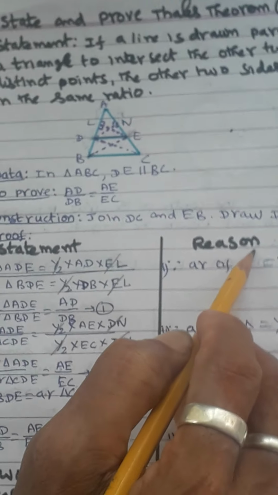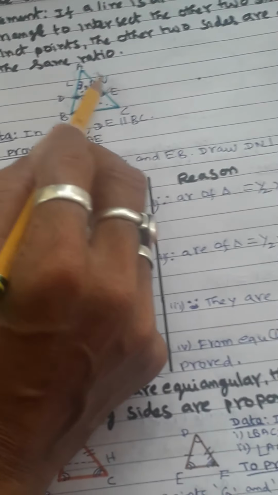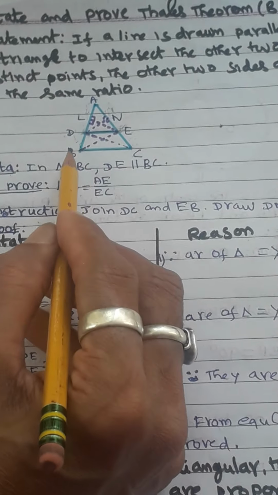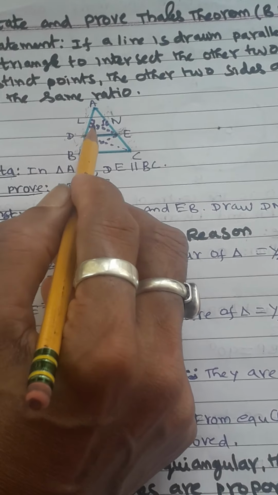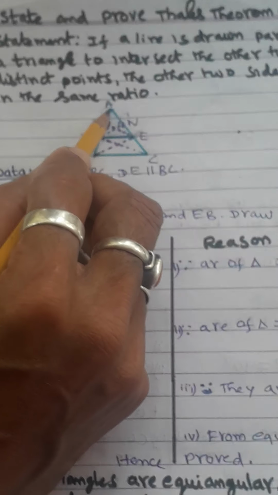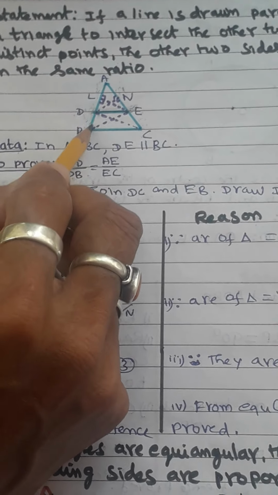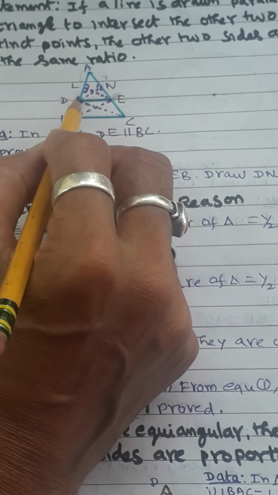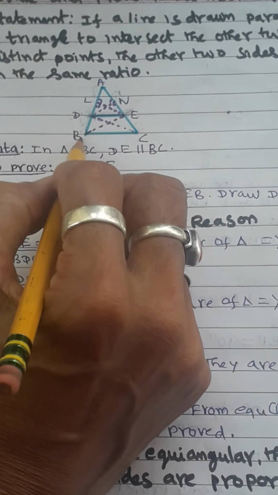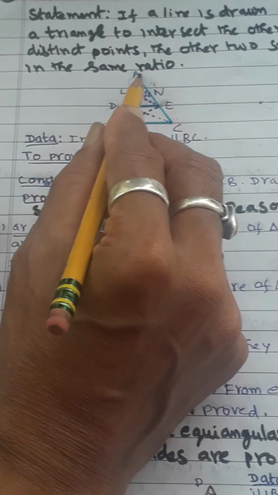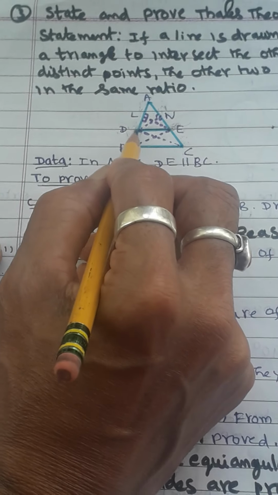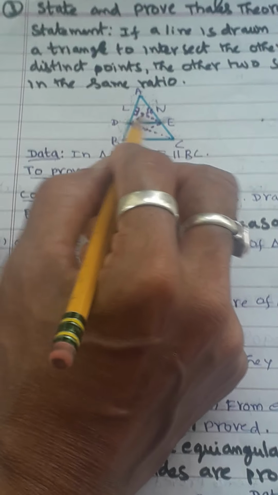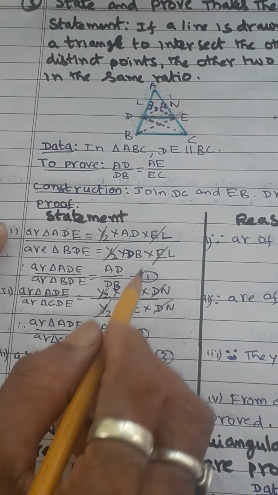Now what you have to do is consider the triangle ADE, and then consider the triangle BDE. How you have to consider means that this and this side should cover up like that. Don't consider this triangle while considering this side, so that AD and BD will come on that side. That is why we are considering triangle ADE, then you write triangle DBE. Now we know the area of the triangle formula. Area of the triangle, what is the formula? Half into base into height.